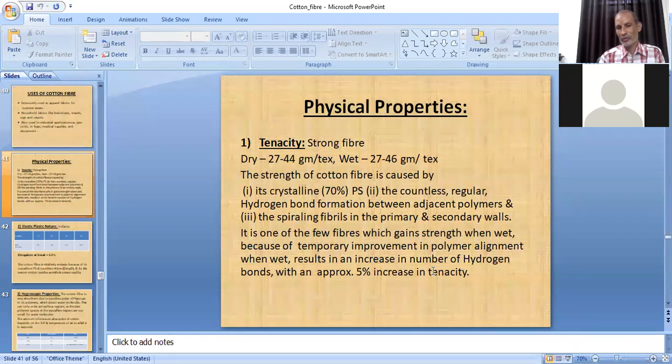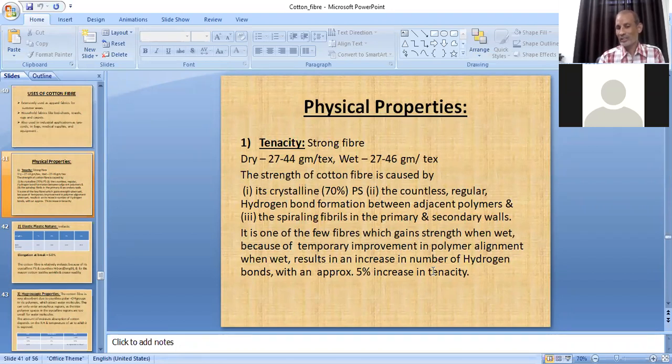So if you remember the topic general considerations with regard to fiber properties, fine. If you do not remember, just revise it again, so you can understand this topic. So revise the general considerations as well as polymer and polymer system of fiber, any fiber. Whenever we have to understand physical and chemical properties of any fiber, we require this basic knowledge: the general considerations with regard to fiber properties, and another is the polymer and polymer system of that fiber, and macro structure, the internal structure of that fiber. All these things combined decide physical and chemical properties of any fiber.